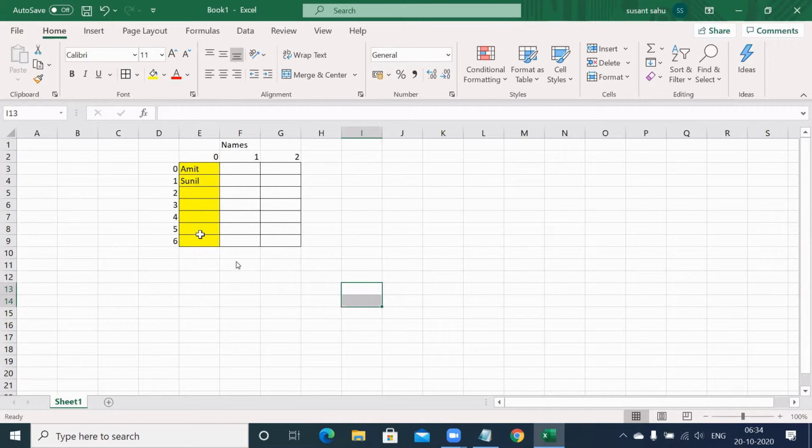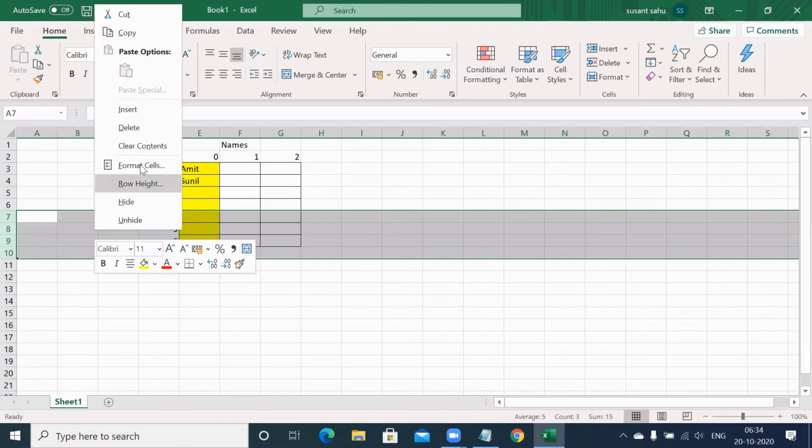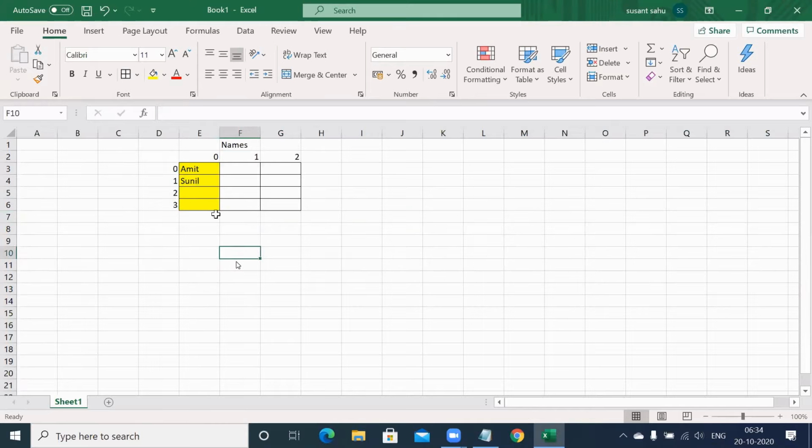If you want to consider only 4 rows, then I will delete this. So I can say now this is having 4 rows and 3 columns. Easily you can say that.